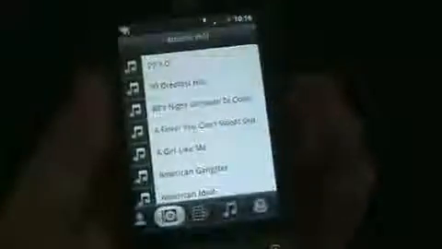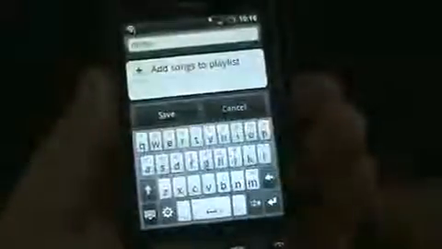So you can do it by artist, you can do it by albums, you can do it by playlists, and it's pretty easy to add a playlist. To add one, you can just go in here, and I'll just type a bunch of stuff just to name it really quick. Save the playlist. Now if I open that playlist,